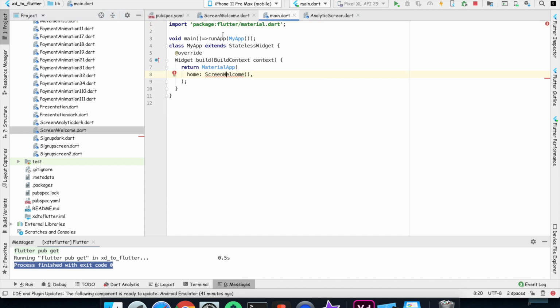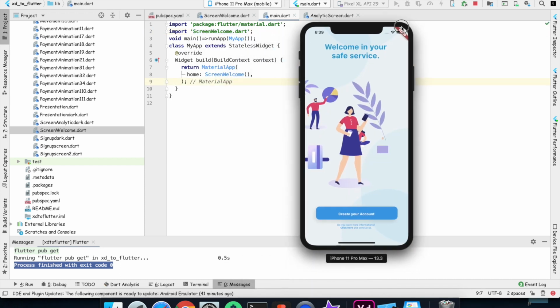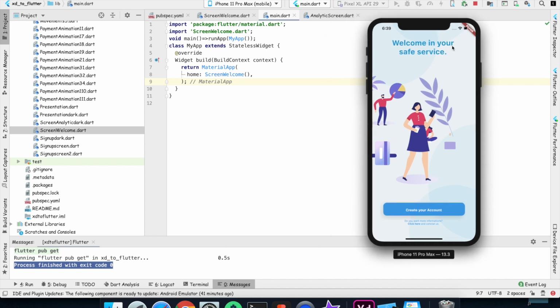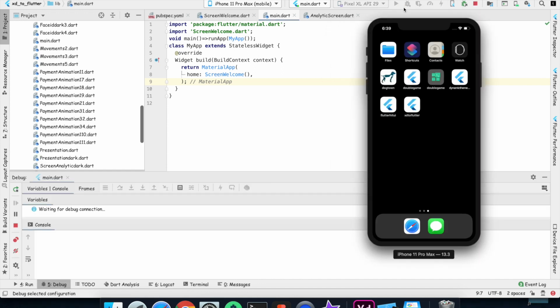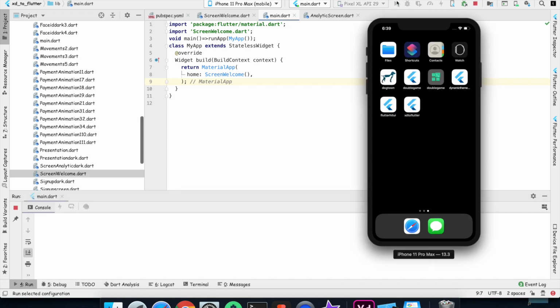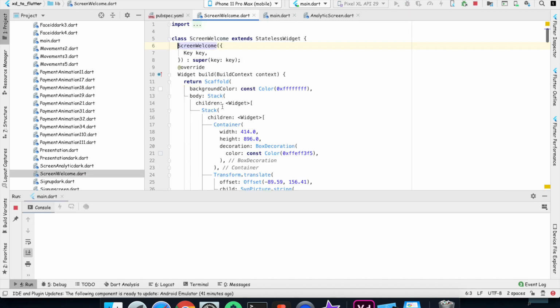What happened? Okay, there was some problem. This is what I was testing. So let's restart the whole screen. Till then we can go and see some code in it.